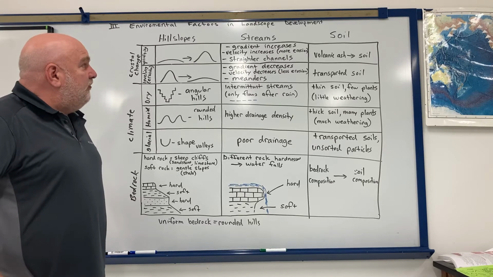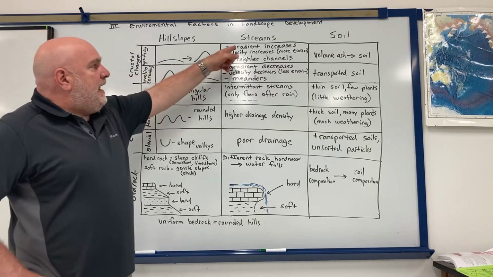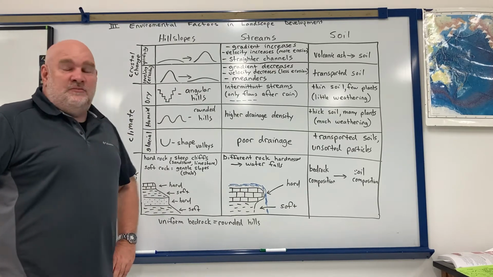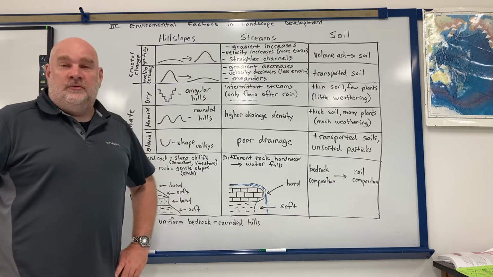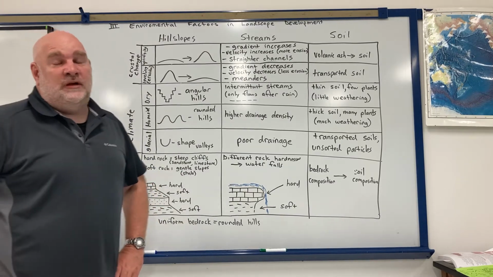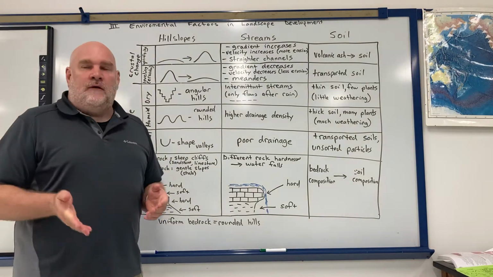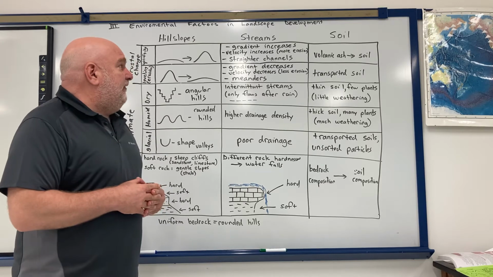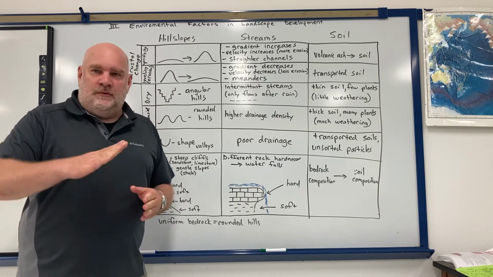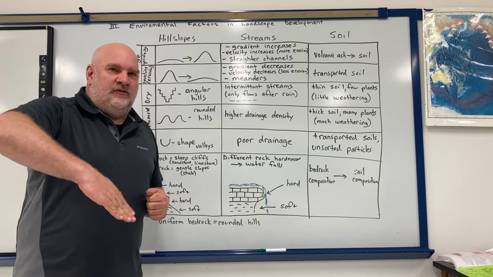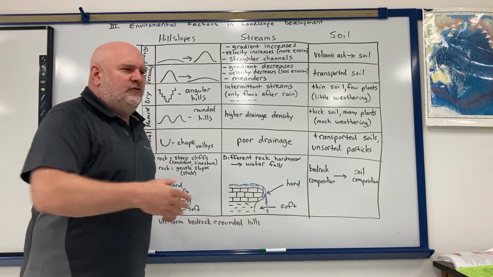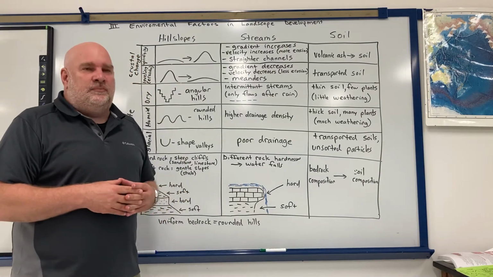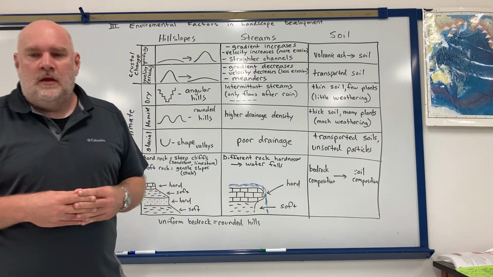So what effect does it have on streams? Well, with uplifting, the gradient of streams increases, so the streams become steeper. When streams become steeper, they travel faster, so the velocity of the streams increases. And if the stream's going faster, it can have more erosion take place as well. Also, typically when you get an increase in gradient, the streams want to go more in a straight line too. Now, as far as soil goes, uplifting typically doesn't produce a ton of soil.